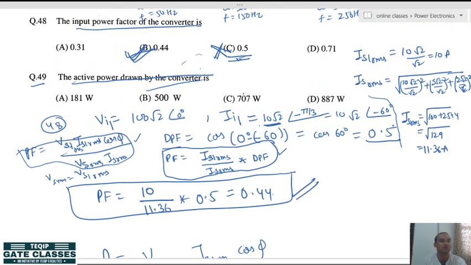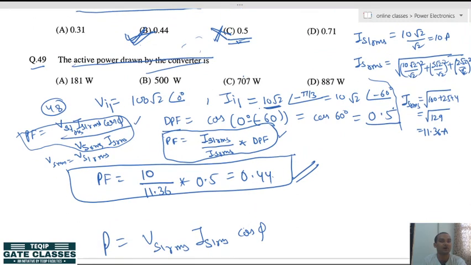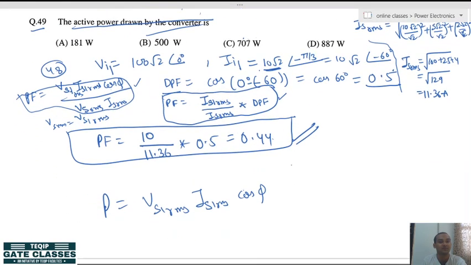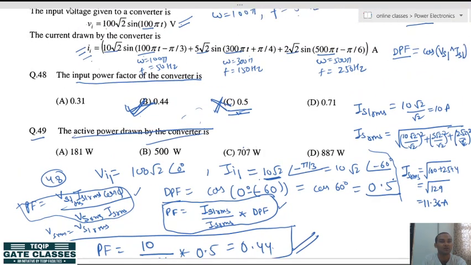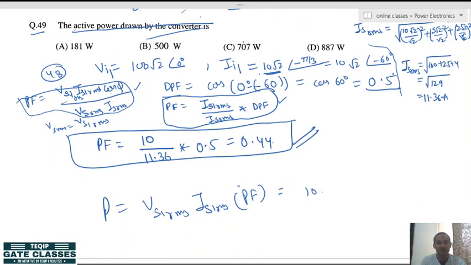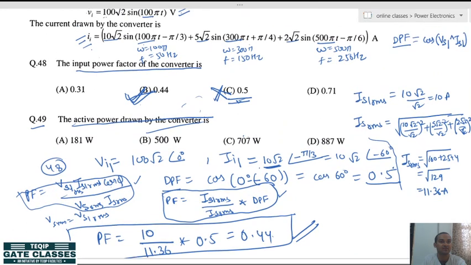All right. So what is the active power drawn by the converter? See here, cos phi means the power factor, so just write power factor instead of cos phi. So what is the VS1 RMS? It is given as 100 root 2, the peak value, so the RMS value will be 100. All right. So 100 root 2 by root 2 multiplied by IS1 RMS, you see here the fundamental